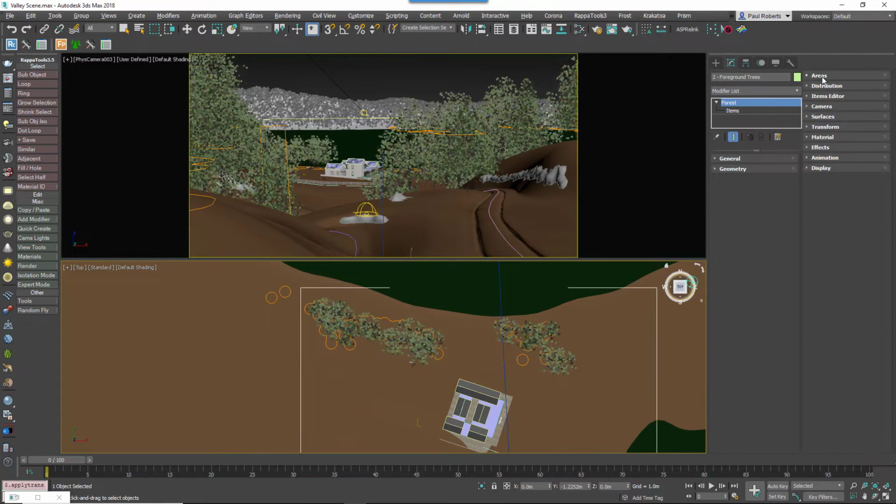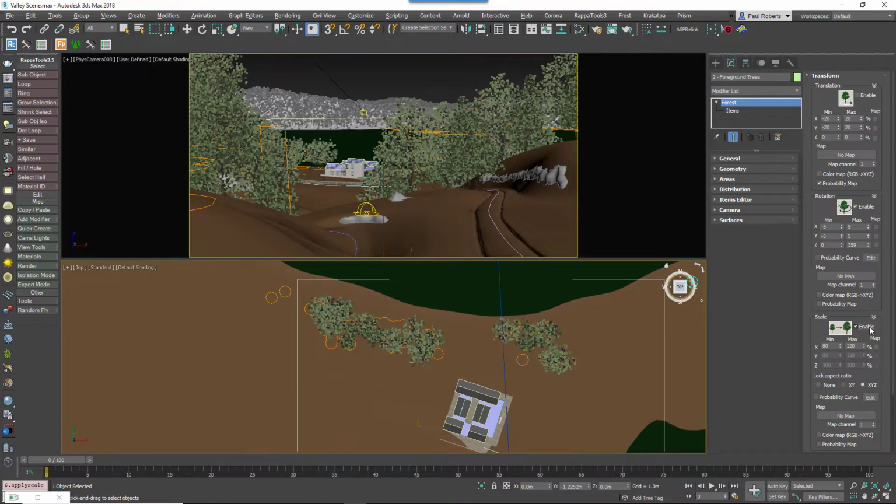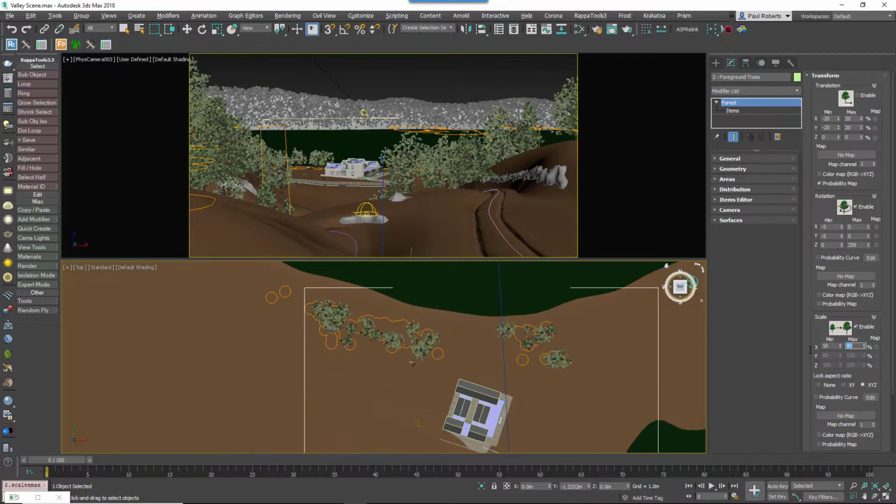Don't forget, for both of these objects, to disguise the fact that we're reusing the same one or two models, you should go to the transform rollout and enable randomize, rotation and scale. The default settings are fine for most situations, but you may want to experiment by editing the minimum and maximum scale and the XY rotation values. Randomizing transforms is an essential step to create variation for nearly every vegetation scatter, so make sure that you turn on these settings for all of the forest objects you create during this tutorial. If you load a preset rather than a 3D model from the library, then these values will already be set